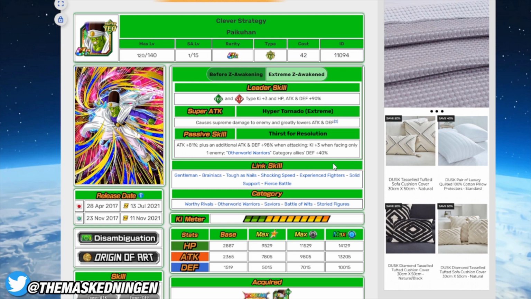Obviously, he does have things like Experienced Fighters, Fierce Battle, Shocking Speed, which are not too bad, but things like Tough as Nails, Gentleman, not many other units have those. And he's only on Worthy Rivals, Otherworld Warriors, Saviors, Battle of Wits, and Storied Figures, which are not exactly...